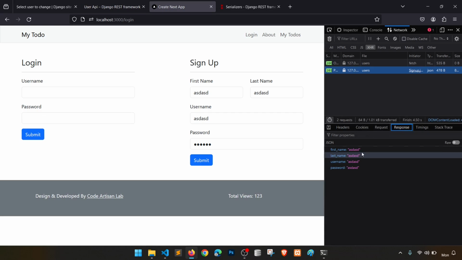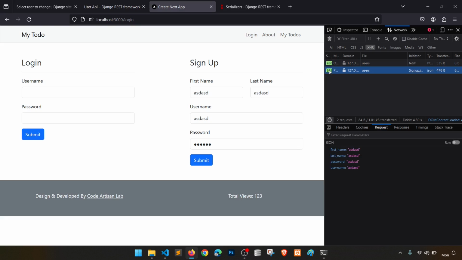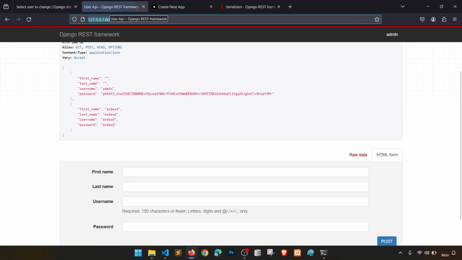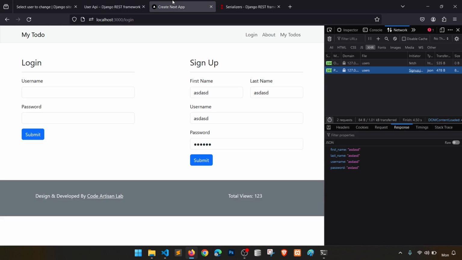Okay, so it is returning all the things. So this is 201, right? So it means data is creating. Let's check here. Here you can see that. All right, so data is creating, right? So we successfully called the